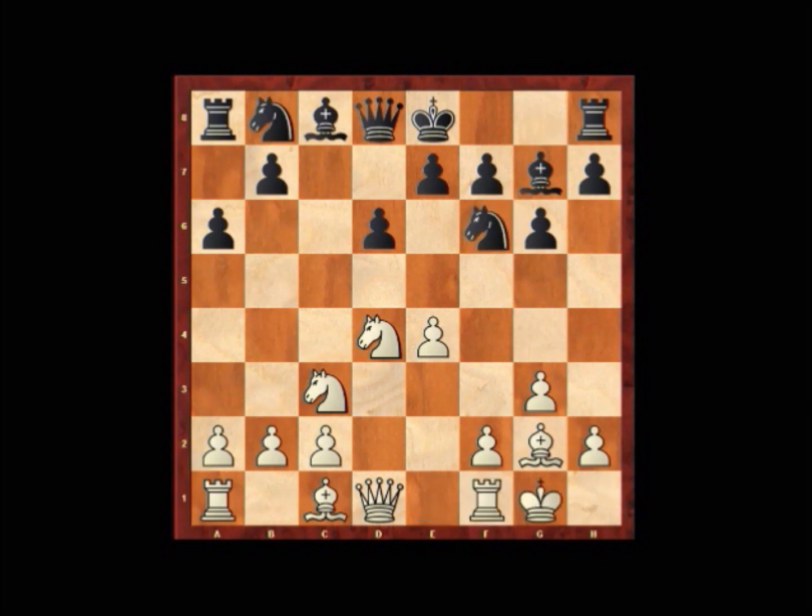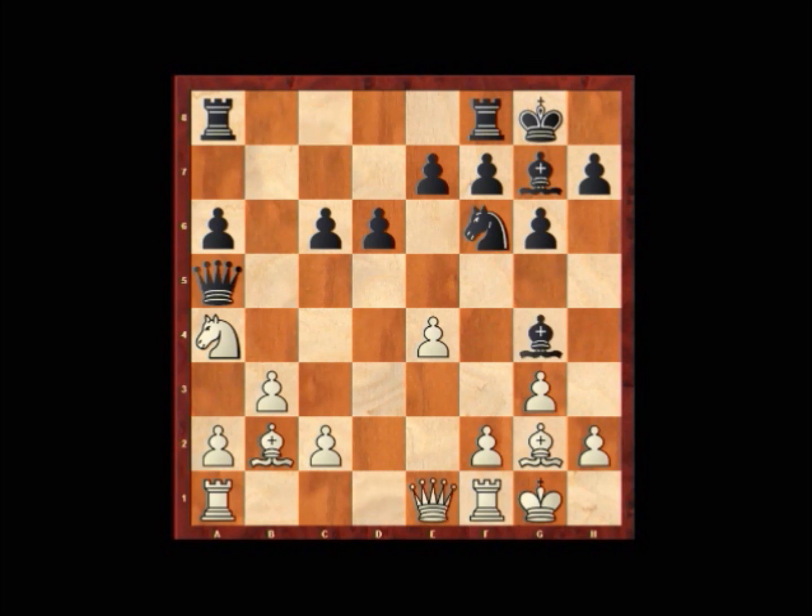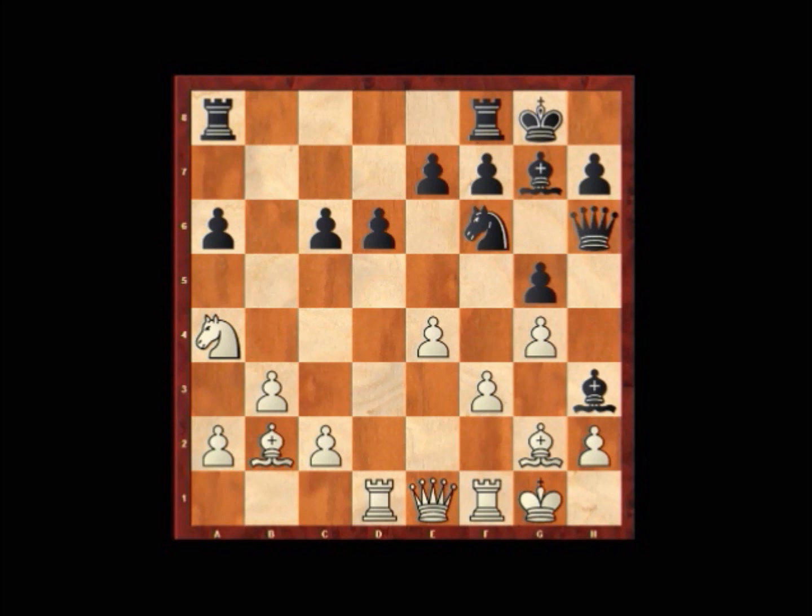Nf6, castles. Now we've got some sort of a fianchetto variation of the Dragon Sicilian on the board, continuing with b3, Nc6, Nxc6, bxc6, Bb2, Qa5, Nf4, Bg4, Qe1, Qh5, f3, Bh3, g4, Qh6, Rd1, g5, Bc1, Bxg2, Kxg2,